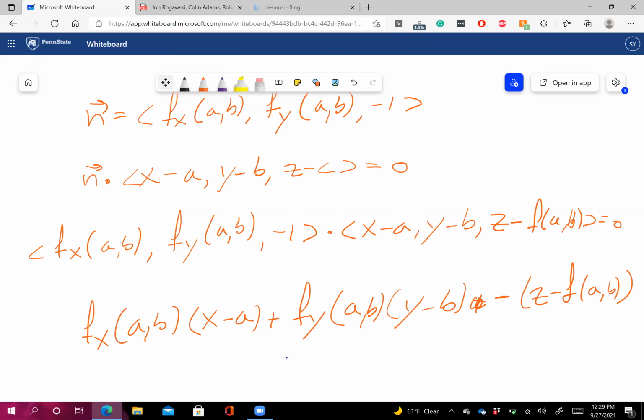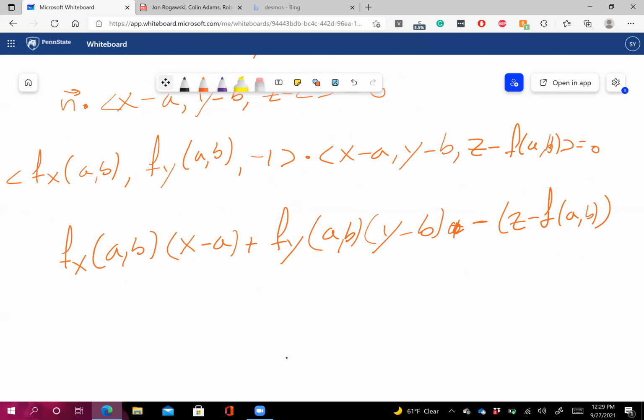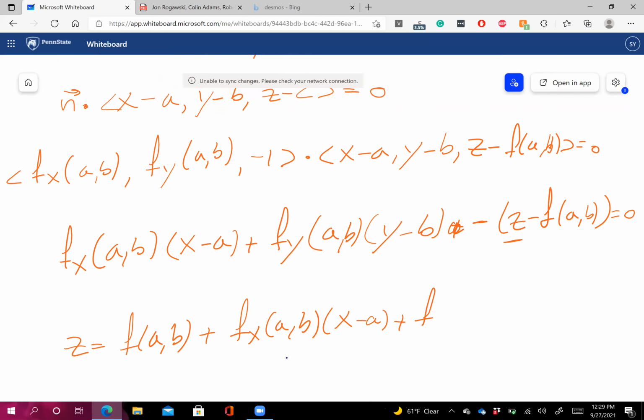Now we are used to seeing planes from the perspective of z. Of course, this is equal to 0. So we can just move this z to the other side, and we get z is equal to f of (a, b). So that's the point on the plane at P, plus the partial of f with respect to x at (a, b) times x minus a, plus the partial of f with respect to y at (a, b)